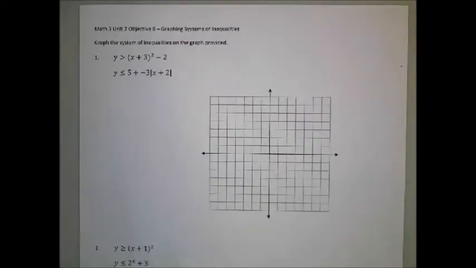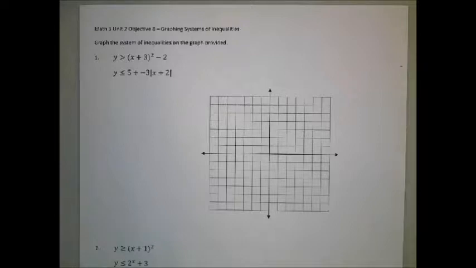In Unit 2, Objective 8, we're graphing systems of inequalities. Now, when we graph inequalities, we're going to have shaded areas. And since we're graphing two different inequalities on the same graph, what we're looking for is the intersection of the shaded areas, where the two shaded areas overlap. Now, the complexity of the problem is going to lie entirely in how easy or how hard the functions are